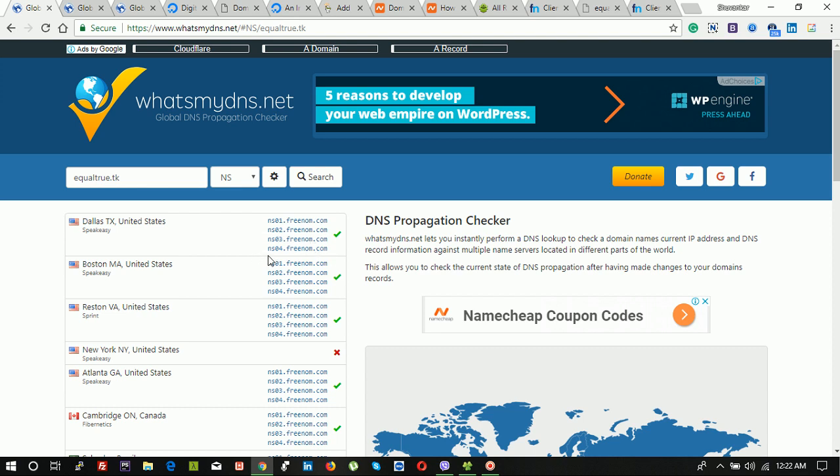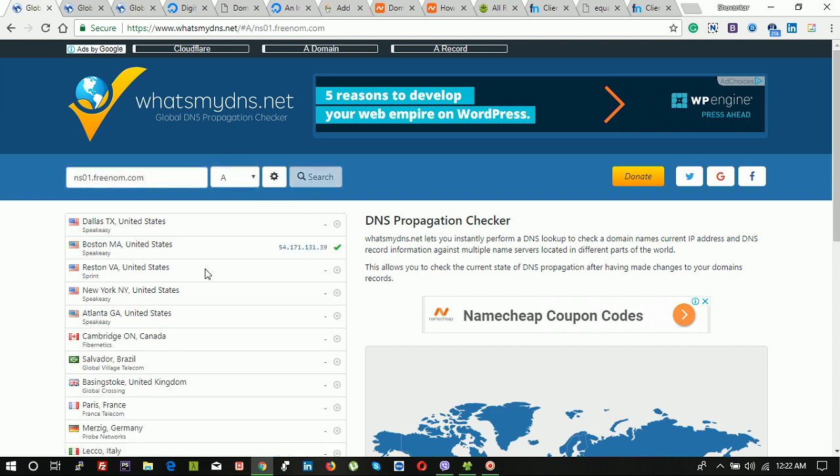We can include our name server or another name server here, or we can use a single name server. We can mix our name server and the freenom name server here to ensure the domain stays live. So how does the equal to .com find ns01.freenom.com? To check whether this name server is live or not, we can check its A record. So the A record is found. So this name server is found online.